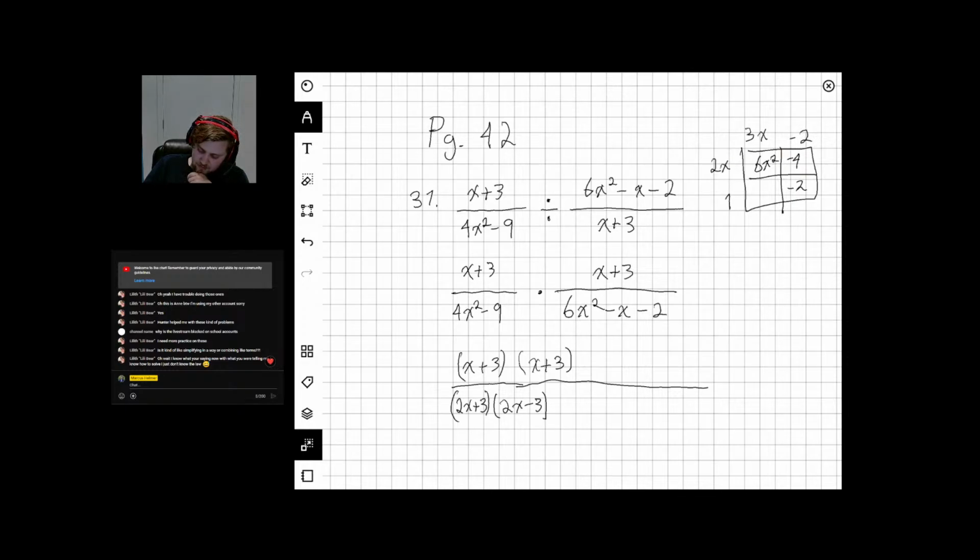That gives us negative 4x, 3x, and does this add to negative x? Yes, it does. So over here, we get 3x minus 2,